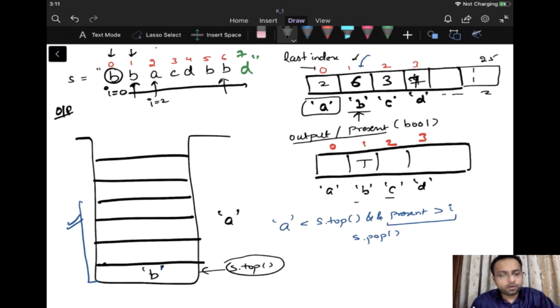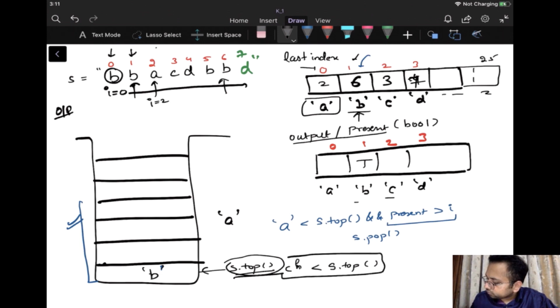What is the next thing that we do? We check whether the character that we have at the topmost, if that character is greater than the current character that we are on. Apart from that, we check the last index of the topmost character.